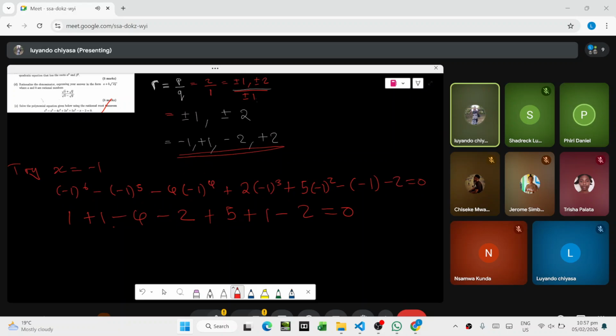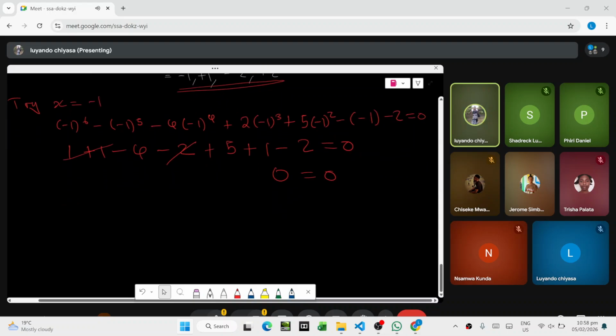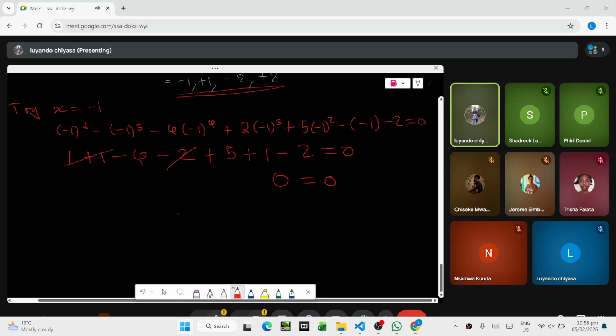Yes, it is the one. It is a factor. Okay, this one and this one. Guys, are you sure? Oh yeah, it is a factor. Right, so we'll get 0 is equal to 0. If we get that, it simply means that